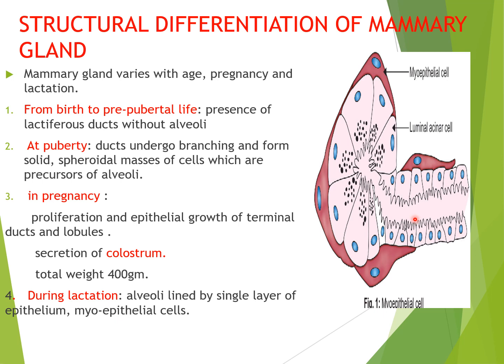So if you see the ultrastructure of the alveoli or the acinar cells, you find cytoplasm which contains rough endoplasmic reticulum, mitochondria, the ribosomes, lysosomes, and the Golgi apparatus. Okay, so there are protein vacuoles. So all these are present in the cytoplasm of an alveolar cell.